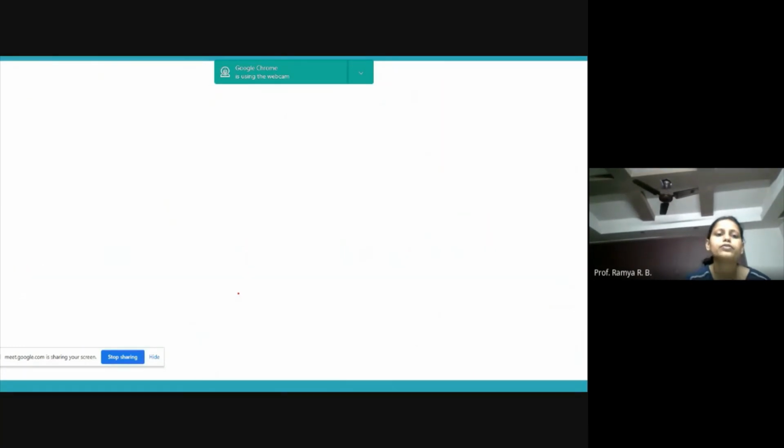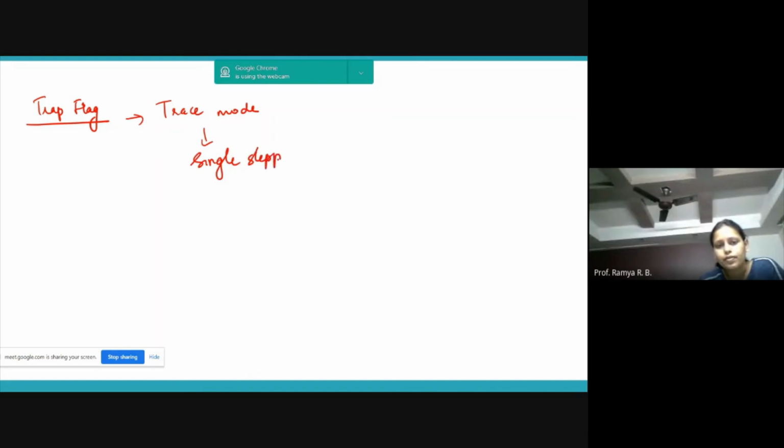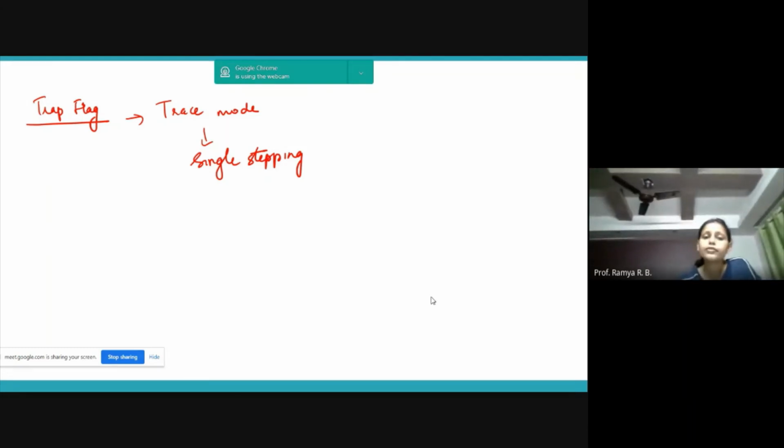Coming to trap flag. These 3 are called as control flags. Trap flag is used to set a mode which is called as trace mode. Trace mode matlab, it is also called as single stepping. Single stepping means, suppose you have a set of instructions and you're going wrong somewhere, your logic is going wrong. Then you can do single stepping on the code. Single stepping means you will execute every single instruction and then you will go and check the status of your